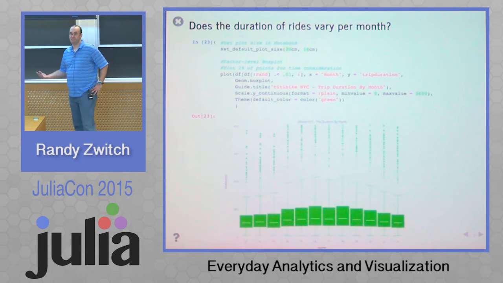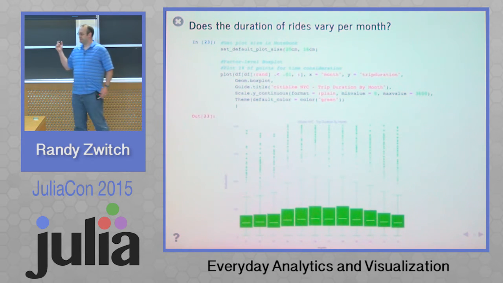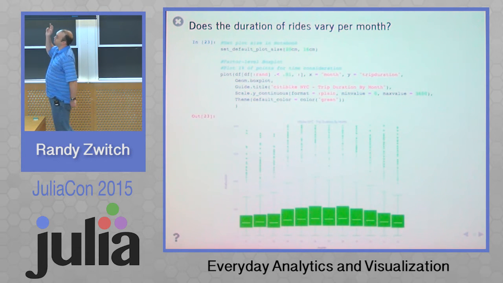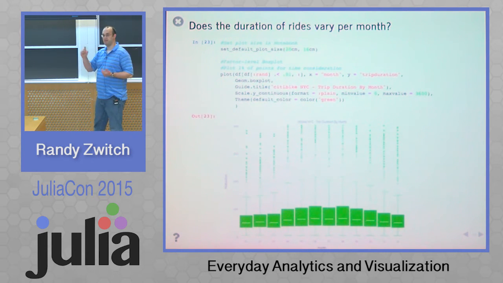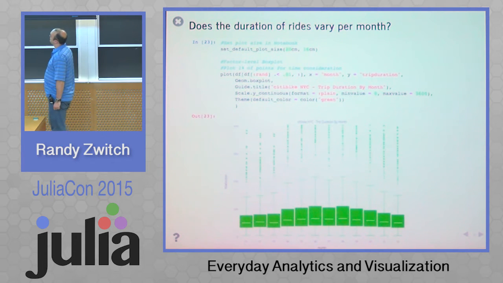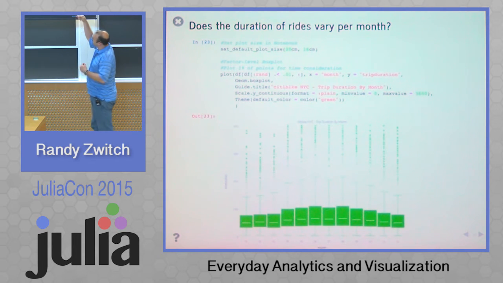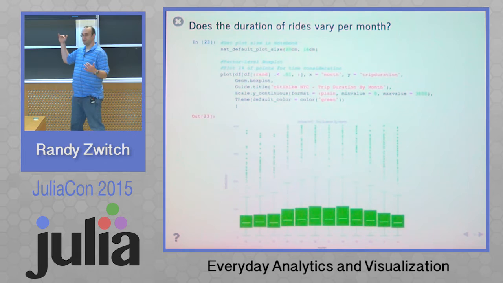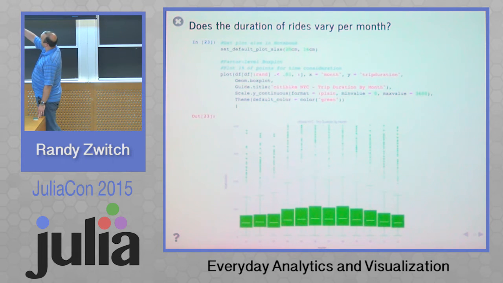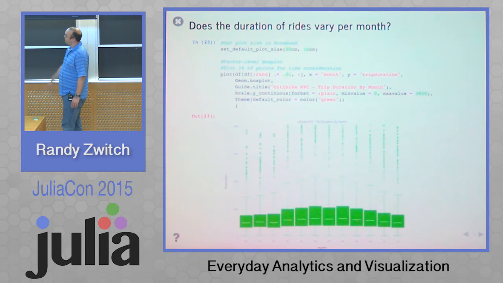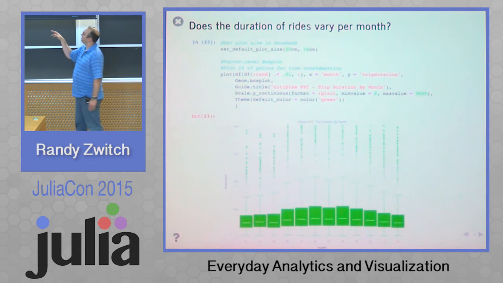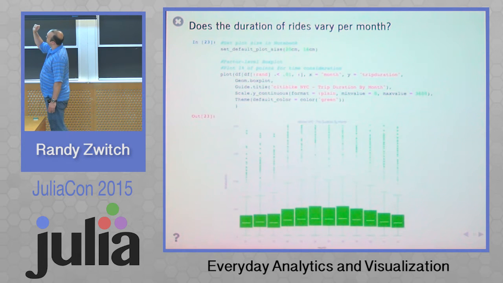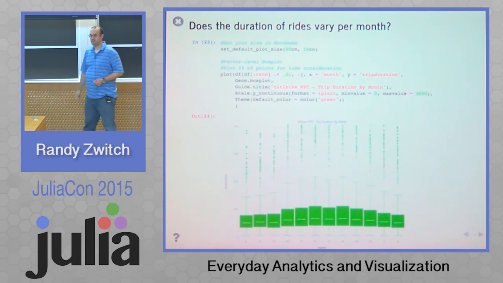So when we run this, we're going to calculate the box plot on 1% of the data. Okay, and so what we can see is that, yes, the duration of the rides do vary per month. And we can see that by the length of the boxes for each of the columns here. And then, of course, the horizontal lines at the end, the whiskers, they also show that at the extremes, the rides are much longer. And again, that proves the hypothesis I was talking about before, where when it's nice out, people ride bikes longer, and when it's perhaps not so nice out, they ride shorter distances.